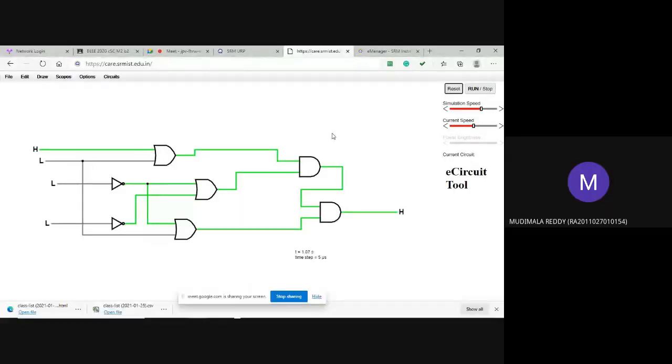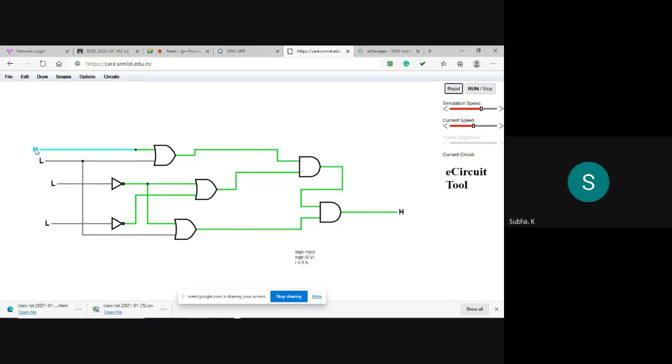So as usual, you know how to go for e-circuit. Okay, all are able to see the screen that I'm showing? Okay, like this, first you assemble. Like I taught you, you pick and place 3 AND gates, 2 NOT gates. Because there is no 3-input AND gate, I have combined 2 AND gates to do the operation. Take care that no bad connections are there.